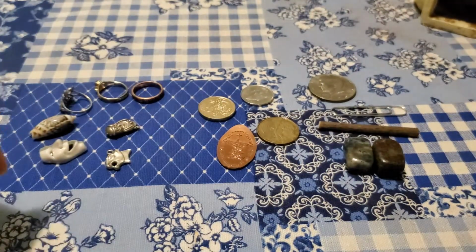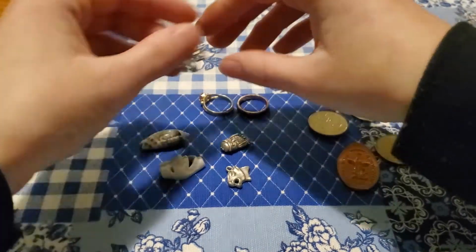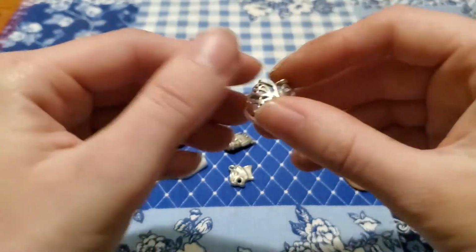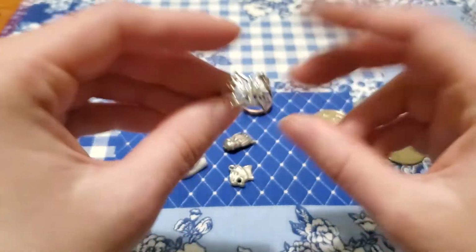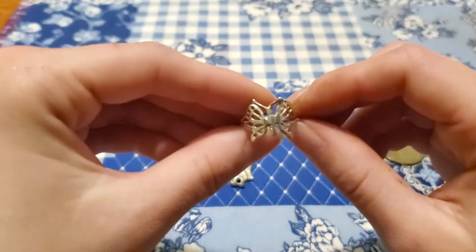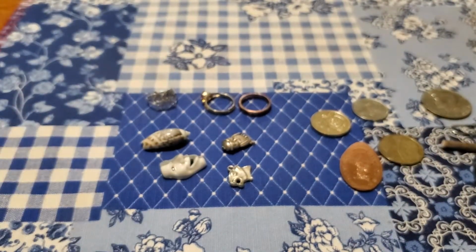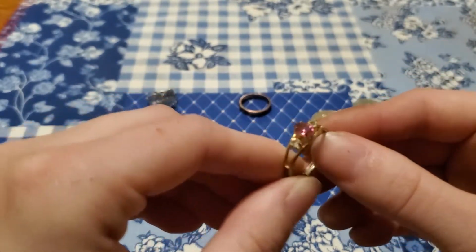And then the stuff over here, a bunch of nuts and coins, oh my god. So this I got, I will admit, like when I got my first period, my mom was like, yay, you're a woman, woo! So then my thing for becoming a woman was a butterfly, you know, transformation. So this is literally what it means, transformation, possibly even death, but not like death, you know, literally metamorphosis. This is a ring that I think I got from my mom,